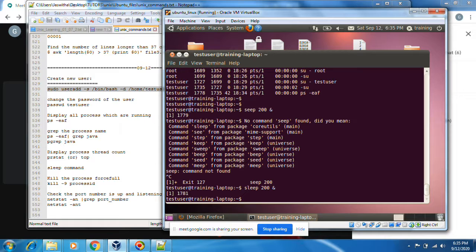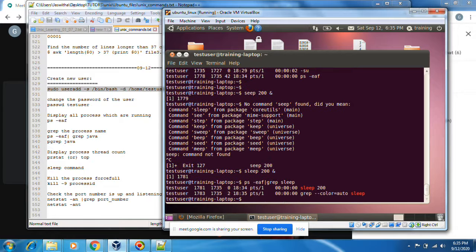Okay, this is the process ID. You can ps -ef grep. Yeah, this is that sleep 200 is there now. This is the process ID of that sleep.